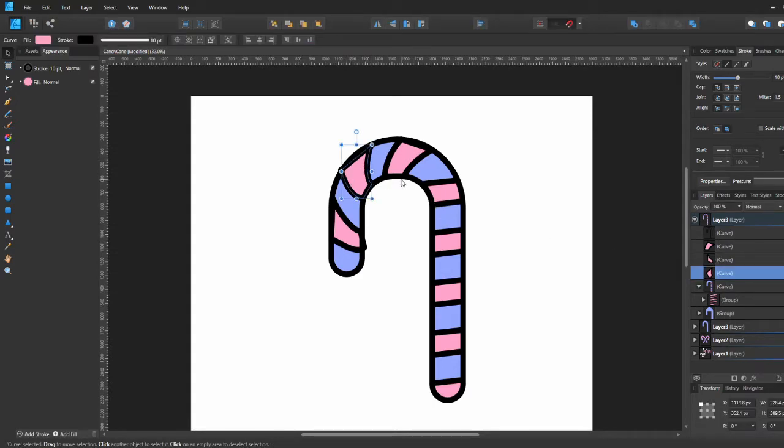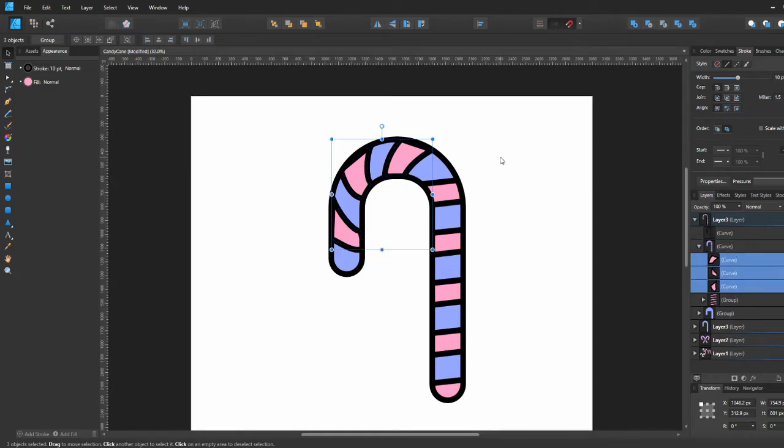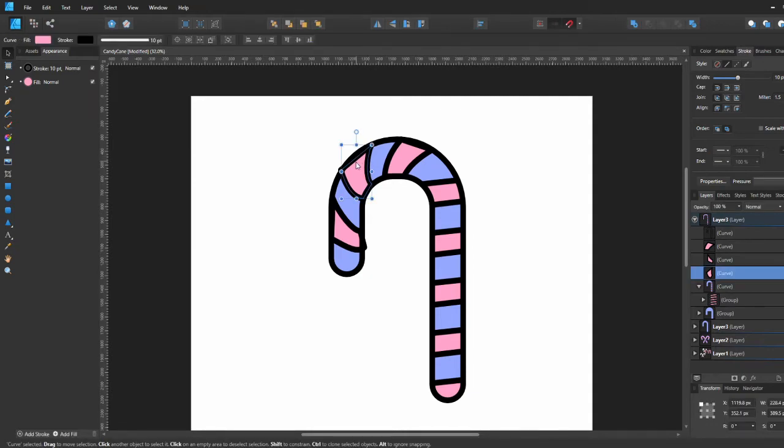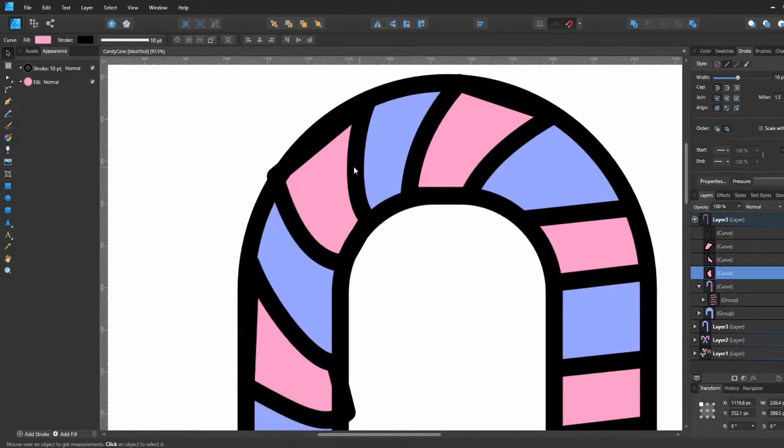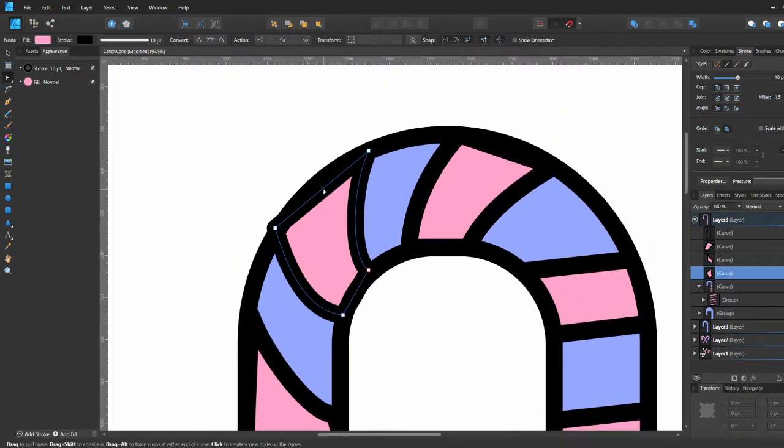So these guys, we're going to grab all of these and, actually no, we're going to hide these nodes underneath. We're going to hide the strokes underneath the main candy cane stroke, so you can't see it,